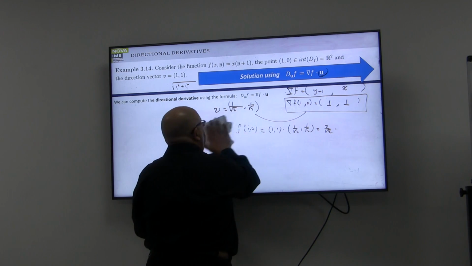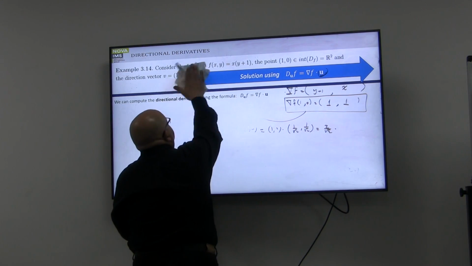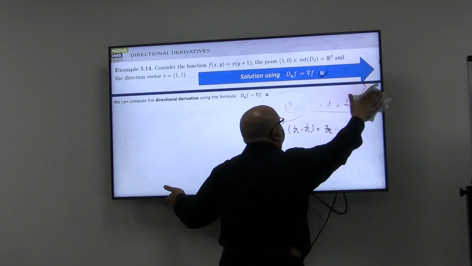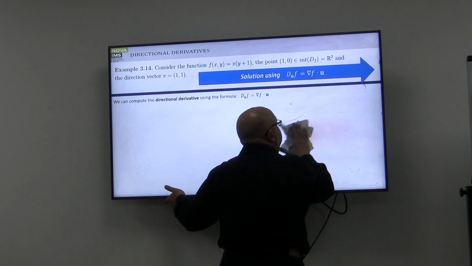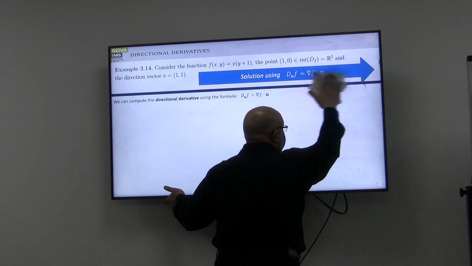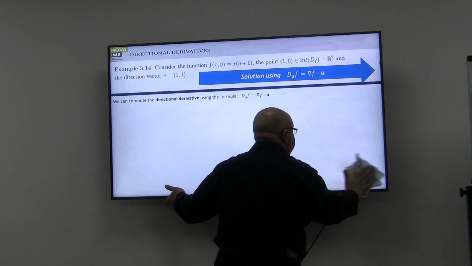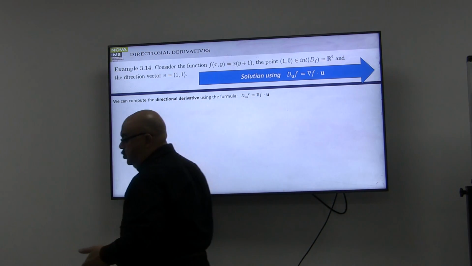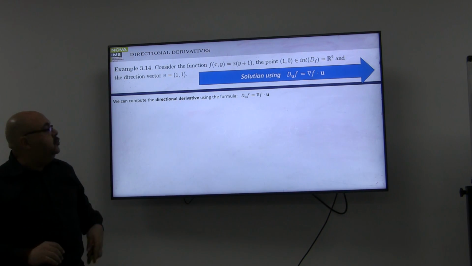So as I told you, the steps are really very simple to use. As you saw, this problem we already solved twice. We solved it using the definition, and also we took advantage of solving the problem